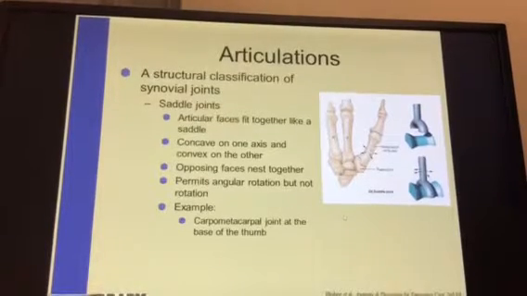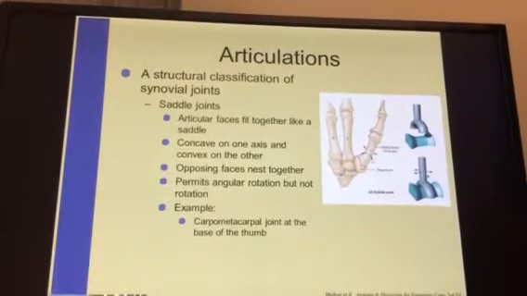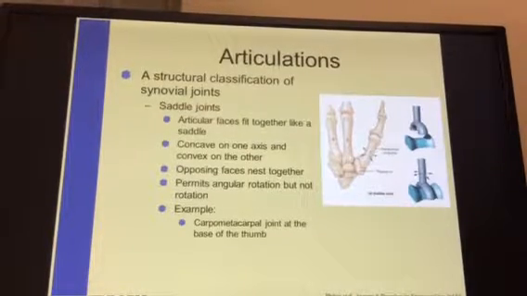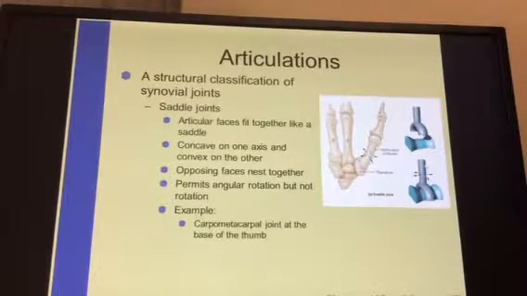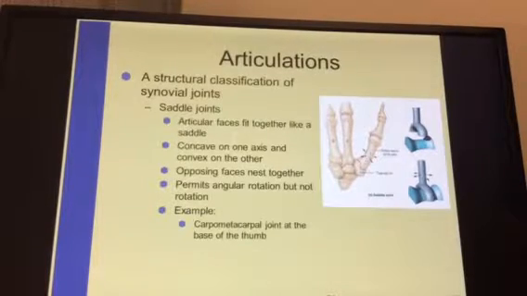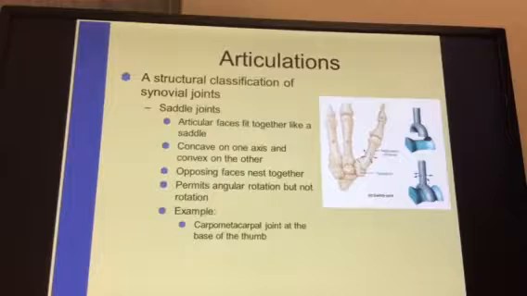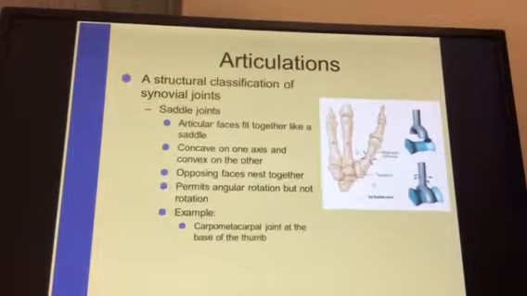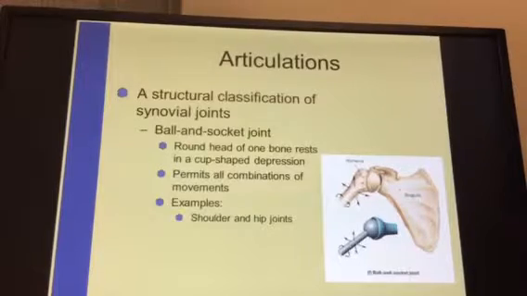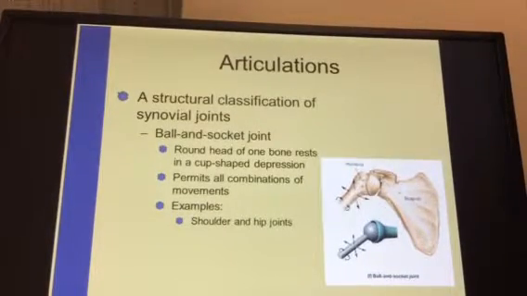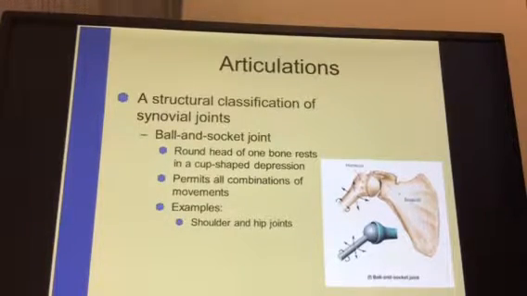Saddle joints, this is again where the metacarpal meets onto the bone, and it is basically like sitting on a saddle, and it rotates in a specific area. The thumb is the big area there where it rotates on the trapezium. And that allows that opposition motion we just talked about. Other types are synovial ball and socket. So this is considered a ball and socket on the acromion process, the glenoid fossa,